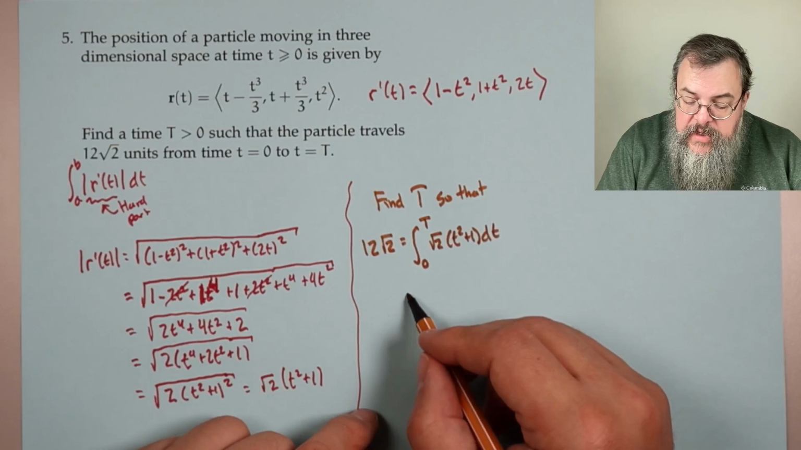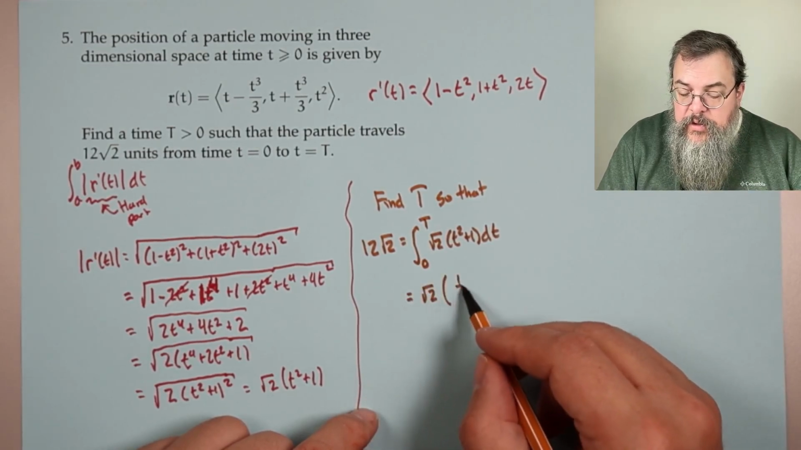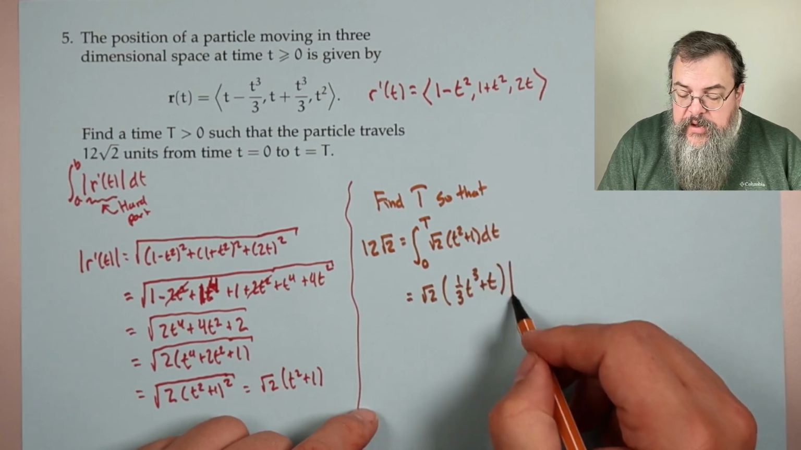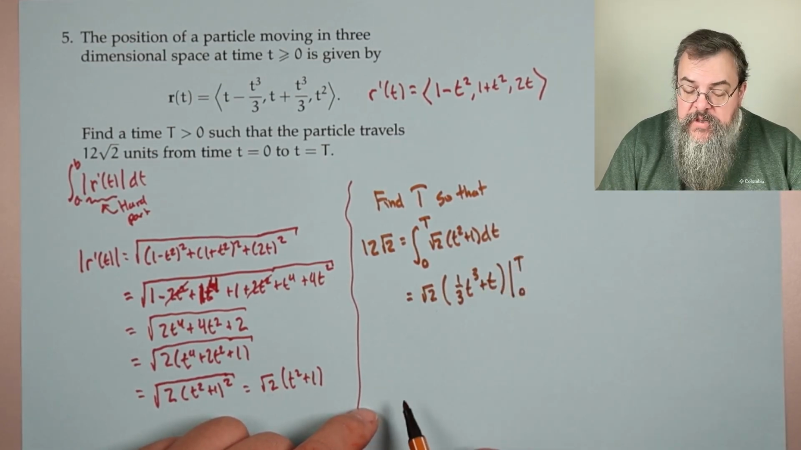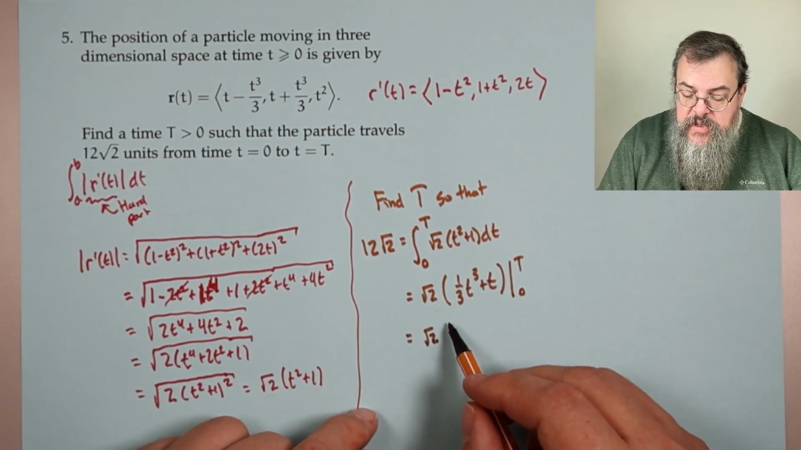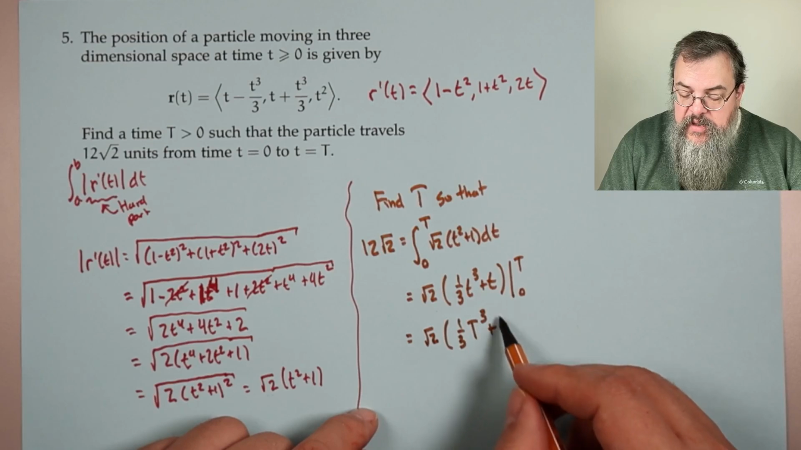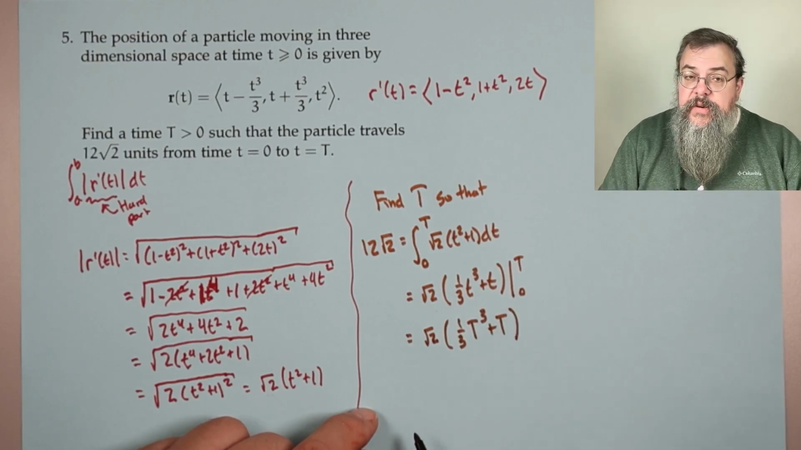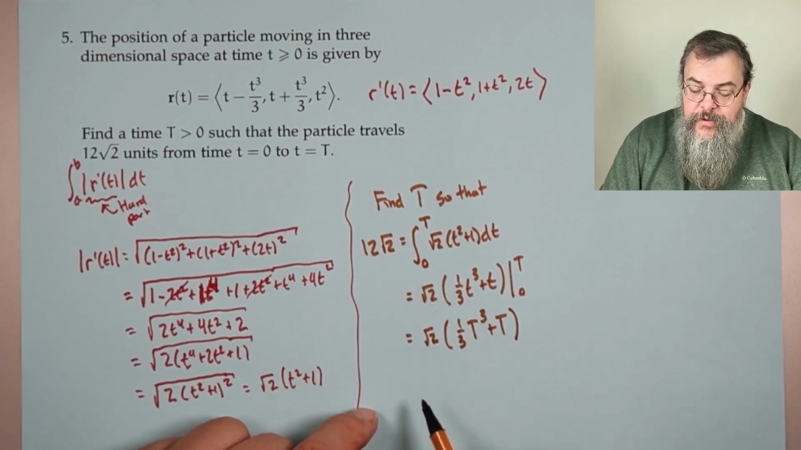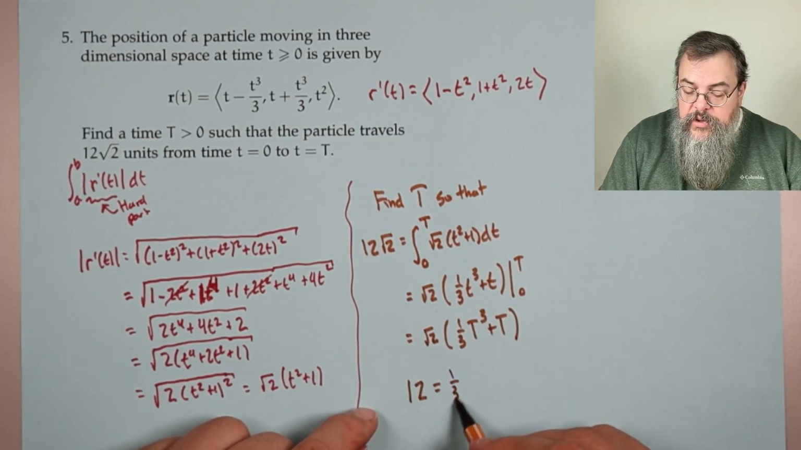Okay, so that integral, well, it's the square root of 2, the square root of 2. You get 1/3 t cubed plus t, evaluated from 0 to capital T. So, square root of 2 times 1/3 capital T cubed plus capital T. And you plug in 0, you get 0. All right. Well, notice they both have a root 2, so we need that 12 is equal to 1/3 capital